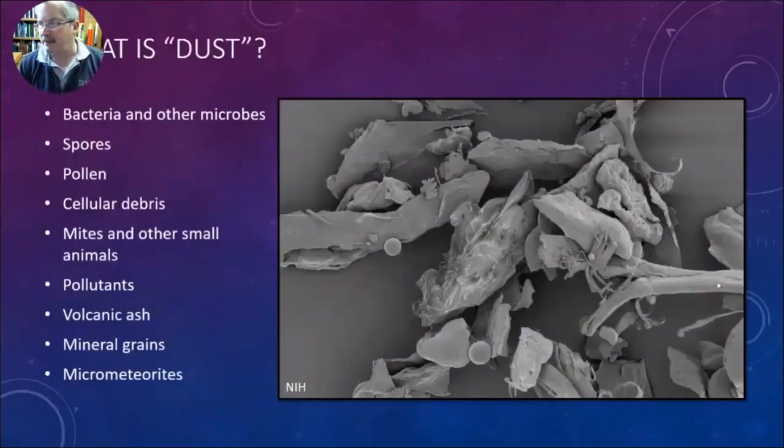Okay, so LADCAP is a dust collector. And what we collectively call dust is actually lots of microscopic and very small macroscopic particles. Of course, as we see here, bacteria and other microbes, these are what I'm particularly interested in, as well as